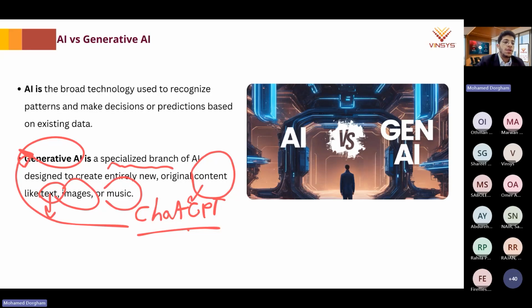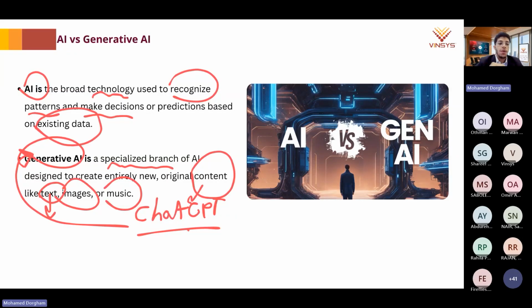Of course, we spoke about AI as the broad technology that can simulate human intelligence, such as recognizing patterns or making predictions based on existing data.